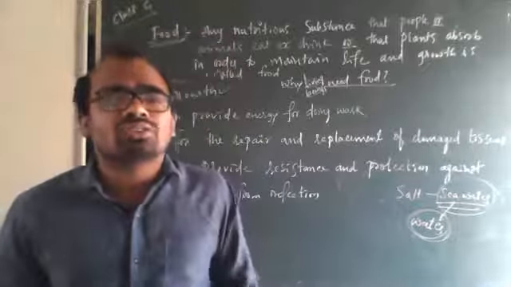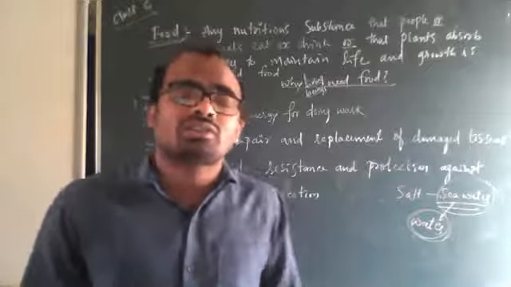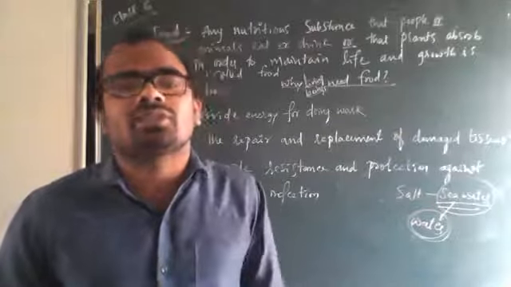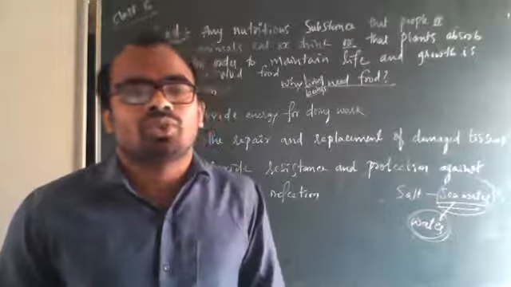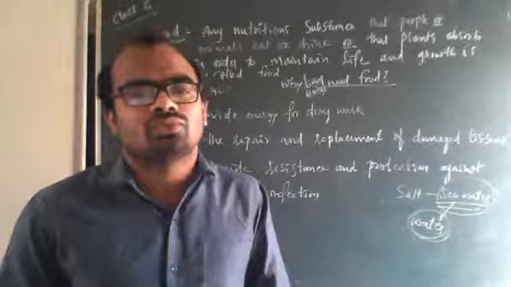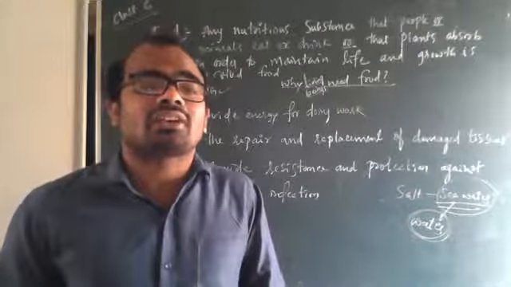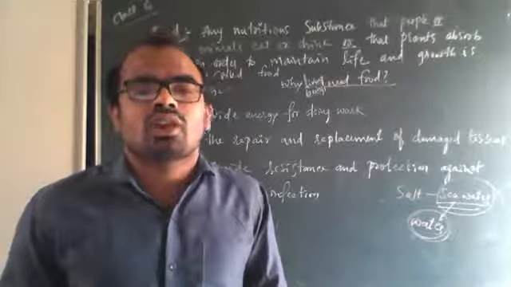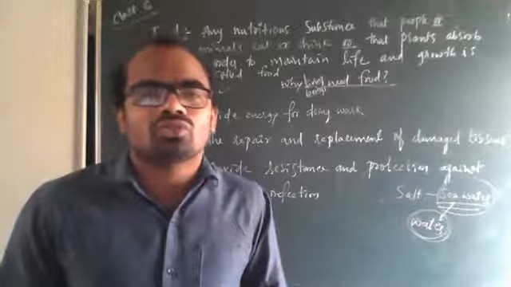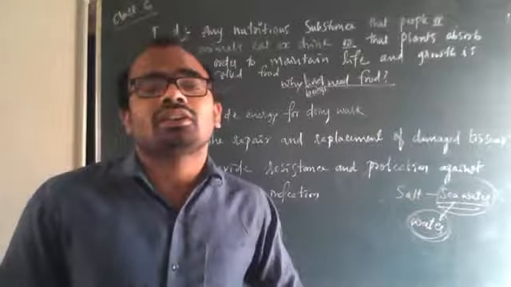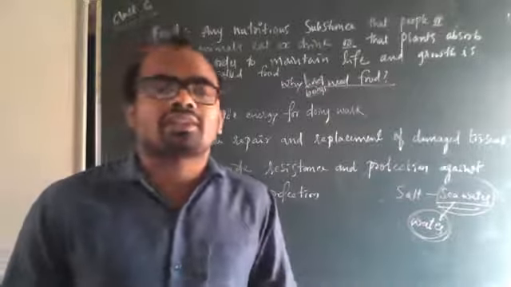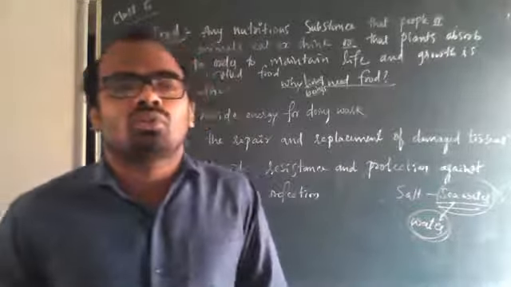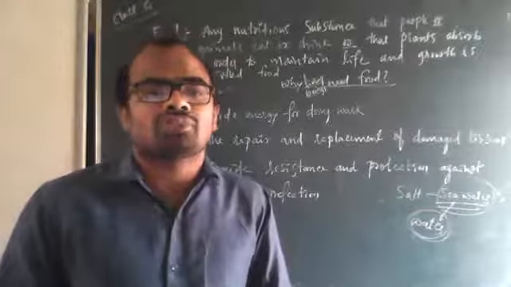So these are the things we have to understand. These are the things you have to write when the question is asked, why do living beings need food? What is the necessity of food? What is the importance of food? For all that, you have to write this as the answer. So food sources are plant source, animal source, and other than this, salt and water make the third source, except plant and animals. I hope you all are clear with this. We'll see the remaining concepts of this chapter in the next class.